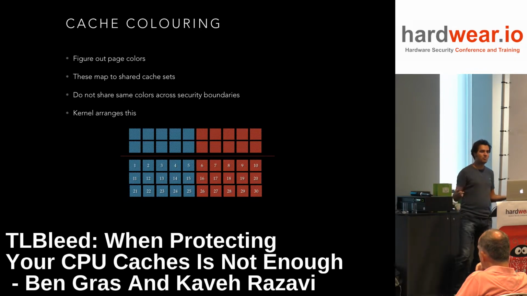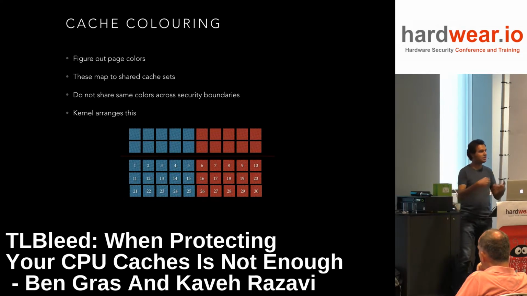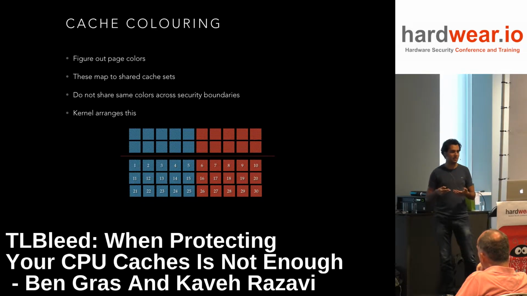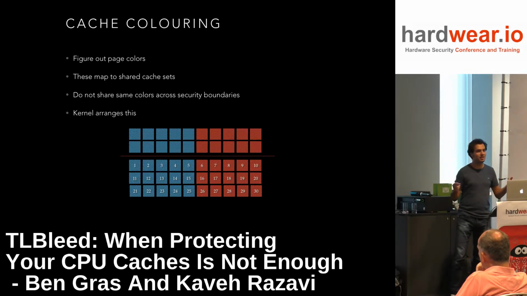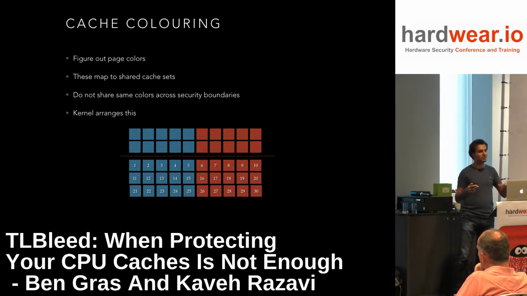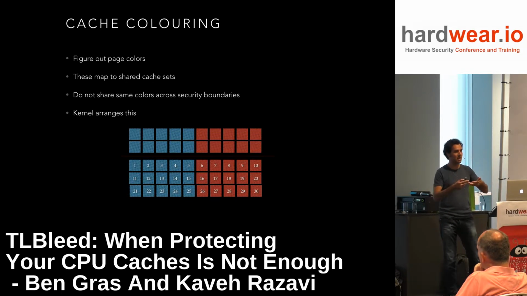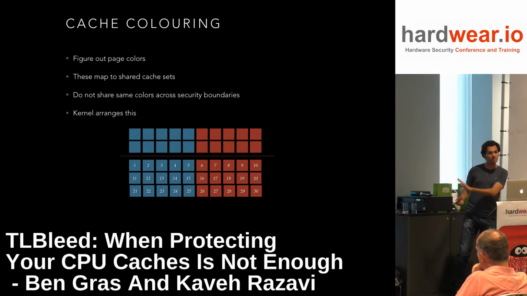And if you access more memory locations that map to this set, you need to kick out some other entries from this set to make sure that there is space for the other one. And this is known as ways. So if you have, say, 8 cache sets with 2 ways, it would mean that your memory address could go to any of these 8 cache sets, but no more than 2 of these memory locations that map to the same cache set could remain in the cache. So if you have a third one wanting to access the same cache set, you have to, by construction, remove one of those previous elements. And this is something that is known as cache eviction. Ben will talk about this a little bit more. So this is how cache coloring works.